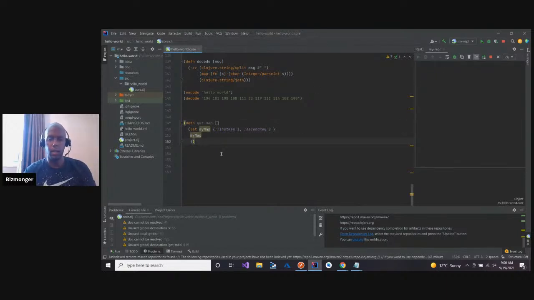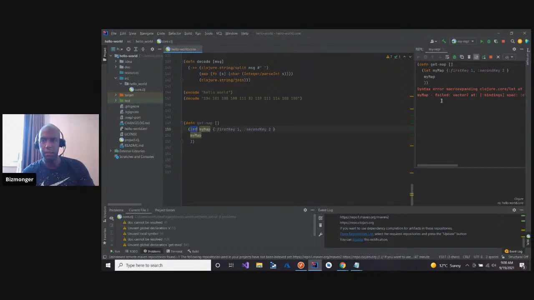Take two. I get an error telling me syntax error, macro expanding clojure.core let at my map, which I guess is talking about this right here. This is let. It's telling me there's an issue with let.